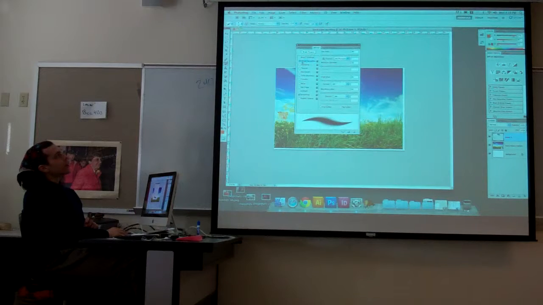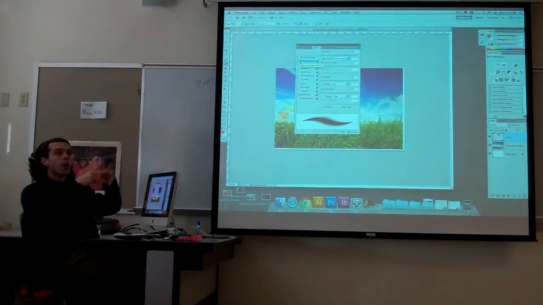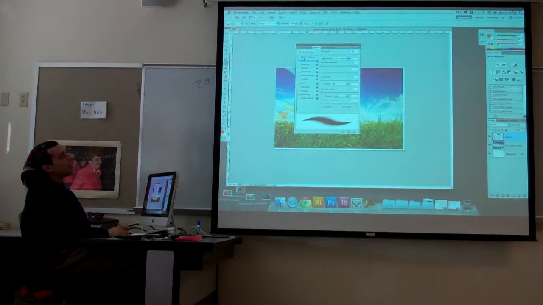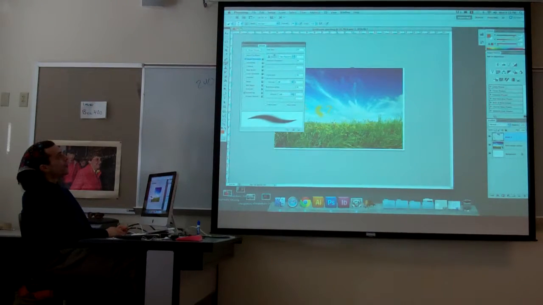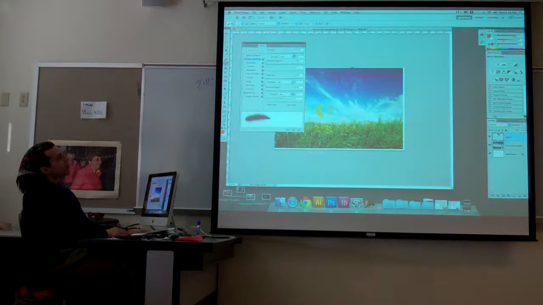So, just so you know, brushes can have a single size, a single width, or changing widths. And that's what shape dynamics affects. If you have a stylus, this will be controlled by pressure. See, it says control, pen pressure right here. And if you don't have a stylus, you can vary your stroke by changing the control on shape dynamics to